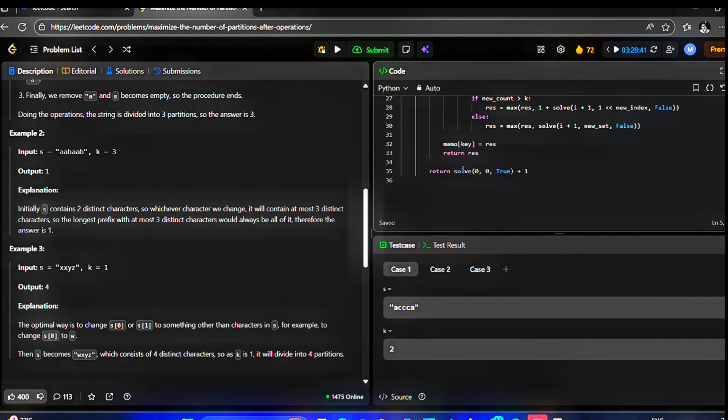Now last is the return: solve(0, 0, True) + 1. Here finally we start the recursion from index 0 with the empty unique set, that is 0, and can_change set to true. We add 1 at the end because the number of partitions is 1 more than the number of splits. So in summary,